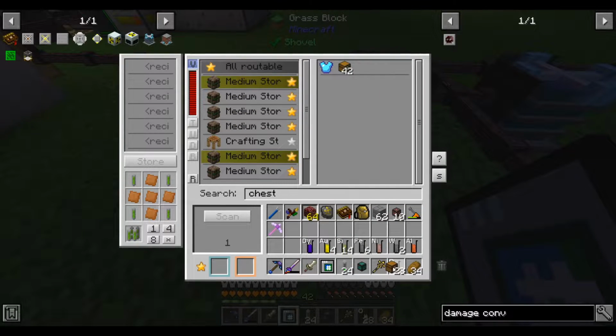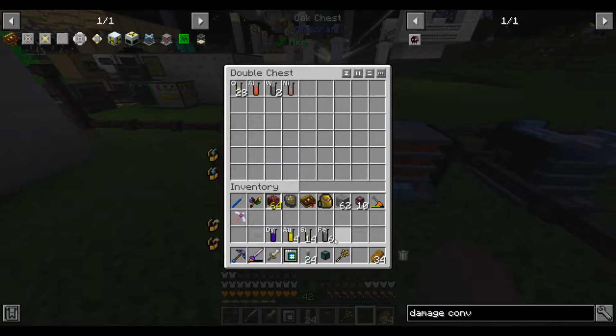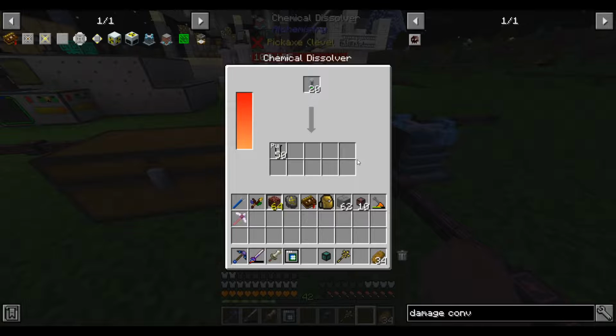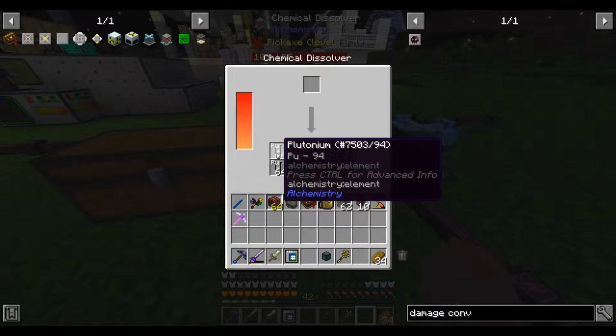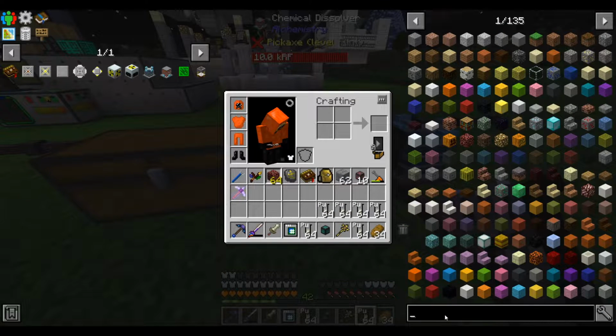At some point I want to set up a drawer system to hold all of our elements, but I'll get around to that later. So yeah, we don't need that, which means we can go ahead and dissolve all of our fuel rods into plutonium. And then we can take this plutonium and turn it back into ingots. I assume it's ingots that we needed for this